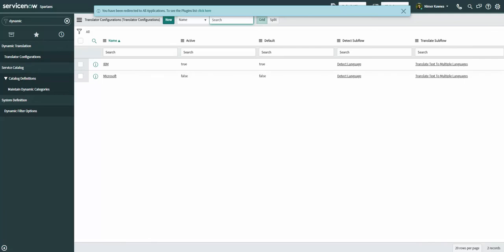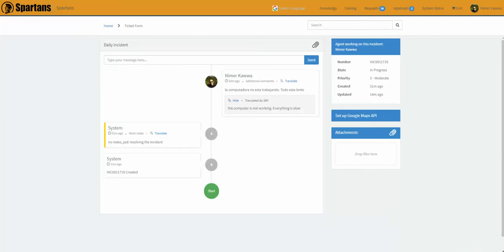Now, there is a prerequisite for this. You need to have the Knowledge Management Advanced plugin enabled, and you need to have the article versioning system property or knowledge property enabled. You should have that enabled to properly use the dynamic translation service. Once you've set all of these, go back to your form